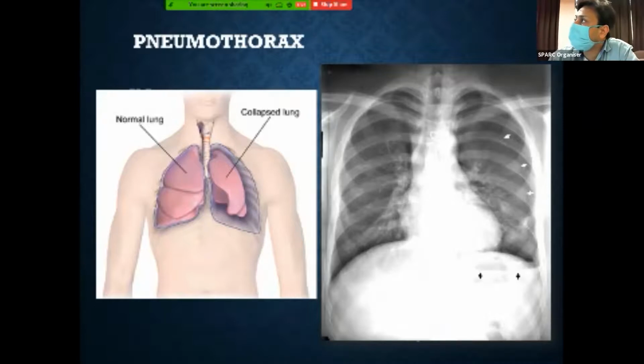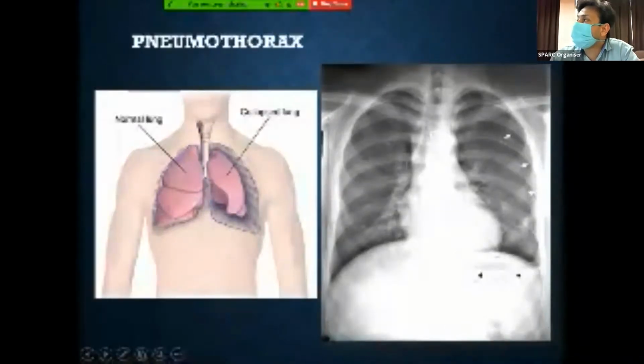So sometimes the difference is not that obvious. So we have to look carefully. What we see, we can see a very thin outline of the lung, because when the pneumothorax collects, it pushes the lung medially, and we can see a very thin margin. And if we pay attention to the pulmonary vessels, these vessels don't cross this line, and they don't go into this area of pneumothorax, because this is the margin of the lung. So that is how we can comment on the pneumothorax.